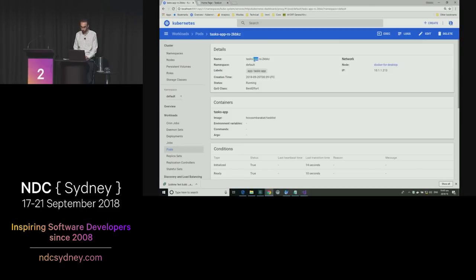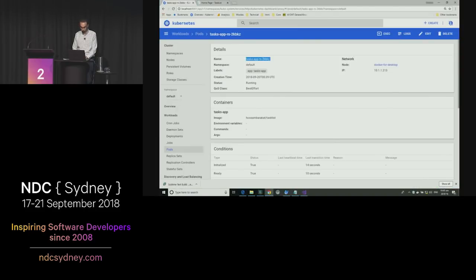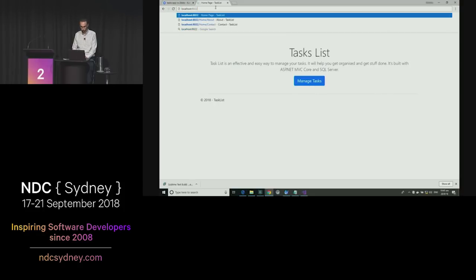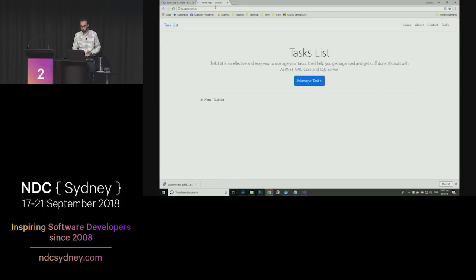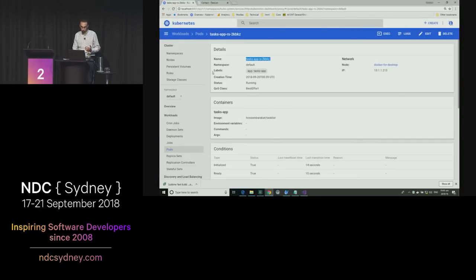And if I grab this pod, I can connect to it using the same port forward, similar to the last time. We provide a different port, just to make sure that we are connecting to the right application. We need to change this port as well. And there you go. The application is running with the ReplicaSet, which is more or less what we had in the last demo. But the difference now is if we decided to go to the ReplicaSet,